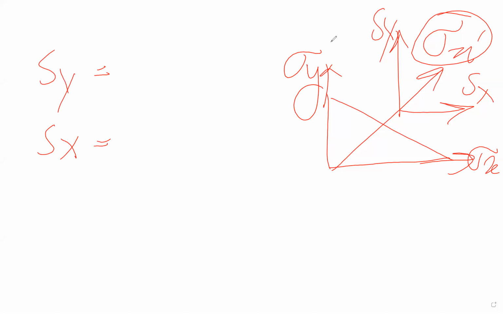Although we are taking a thick plate, this is not the case here. We are not considering this sigma y and sigma x because we are taking the point O. We are calculating the stress at the point O. At that point, there is a plane at an angle theta to the x-axis, and the stress on that plane is sigma x dash. The component of stress in the x direction is Sx, and the component of sigma x dash on the y-axis is Sy.